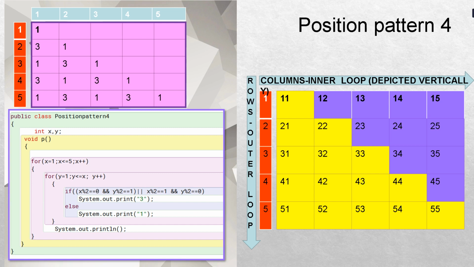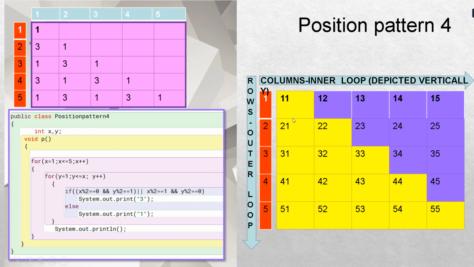I am talking about this location: x percentage 2 equal to 1 means I need a row wherein the row is odd.